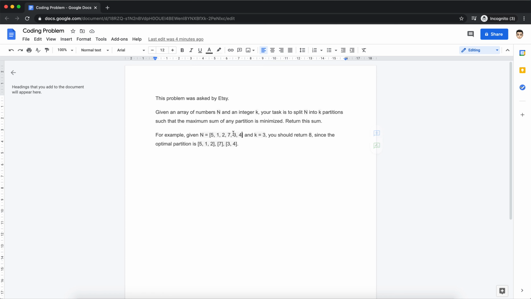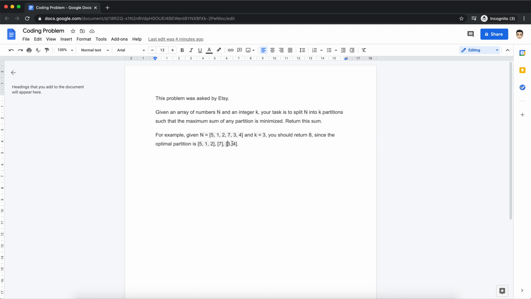So if I want to split it in three parts, what's the total sum of this array? It's 5 plus 1 is 6, plus 2 is 8, plus 7 is 15, plus 3 is 18, plus 4 is 22. So 22 is the total sum of all the elements. Now if I want to split it into 3, 22 by 3 is approximately 7 point something.